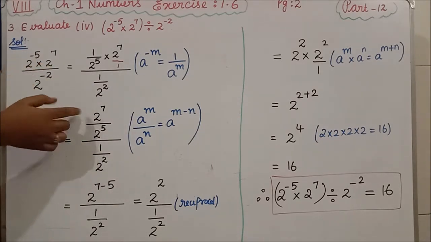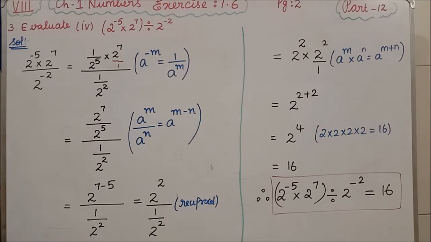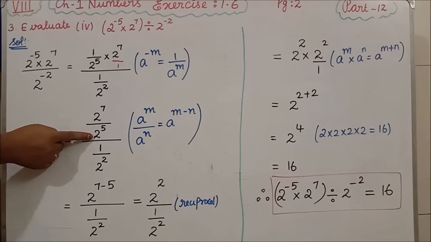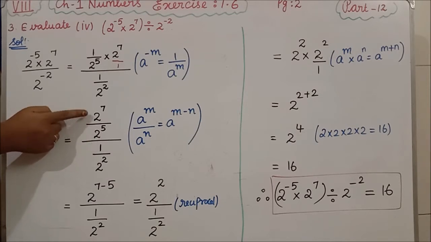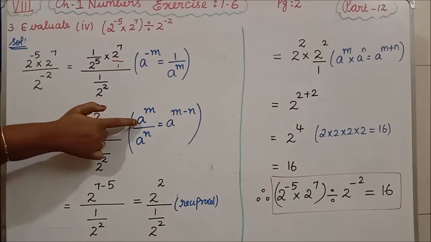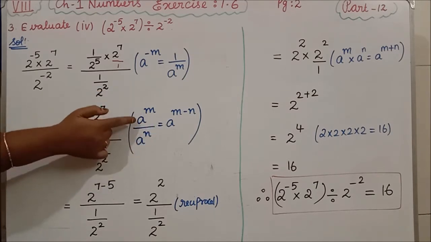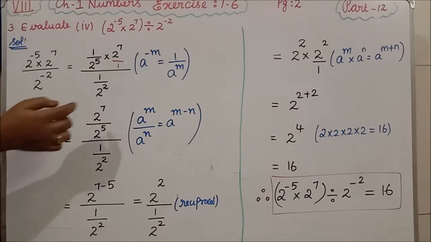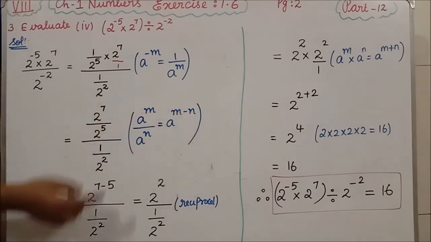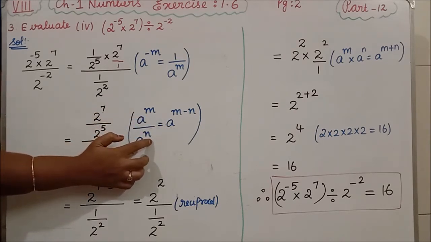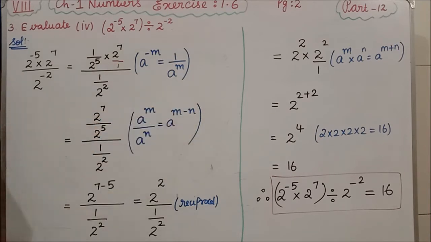Now next we are applying the quotient law. What is the quotient law? I told you, here the base is 2, here also the base is 2, but it is in divide form. So how do we write? a power m divided by a power n. If the bases are same in the divide, what do we have to do? We have to subtract the power. Here a power m, and if this n comes to the numerator it will become minus n. Clear?